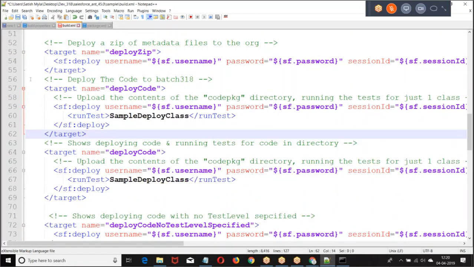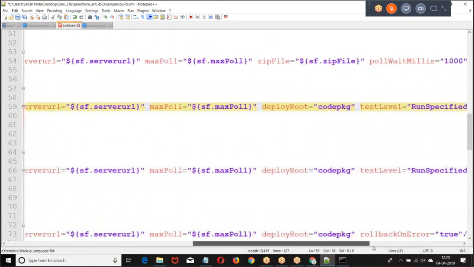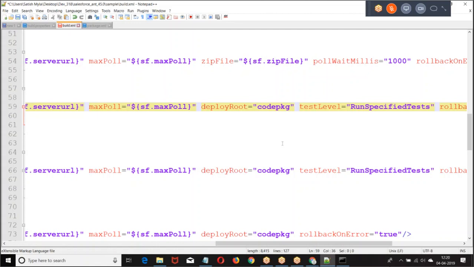Basically, we fetch the code from one org and deploy to another org. Right. So what is the name of the target? Deploy 318. Deploy to 318. Username, password, session ID. Now the point is, where is the code which you want to deploy?